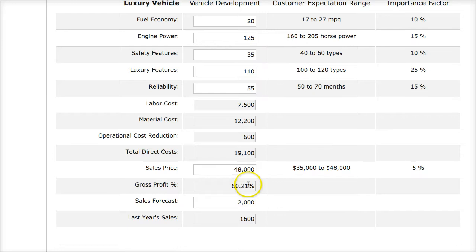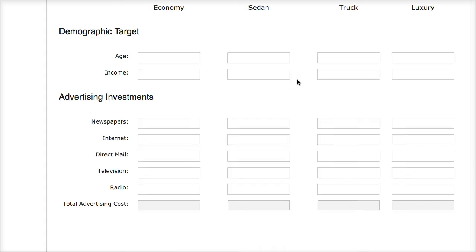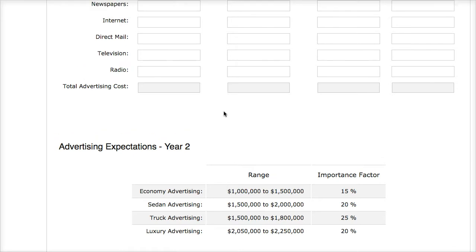So I can tamper with this to try to get a higher profit margin. Then you go into advertising and you have to figure out that advertising is going to change. We have a scale here. The scales have gone up for what the advertising market is going to be, because the economy for these companies has grown, so they have more money to spend on advertising. I just have to make sure I don't overspend and develop demand I can't meet, and I don't want to underestimate and lose sales. So it takes some strategy here.